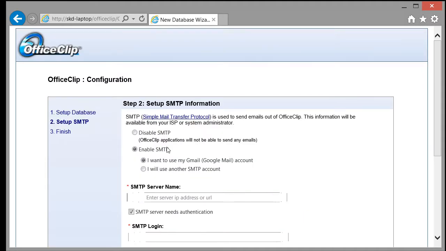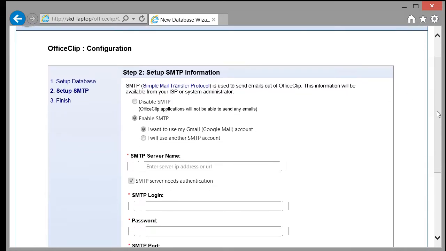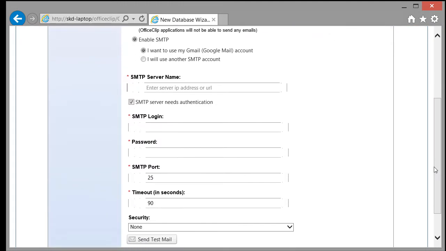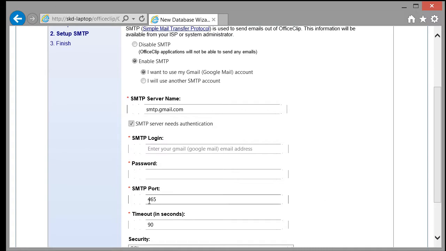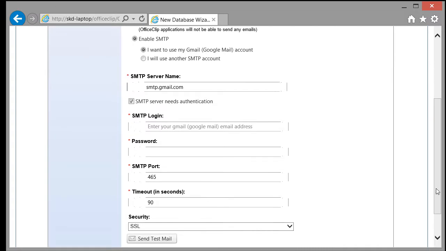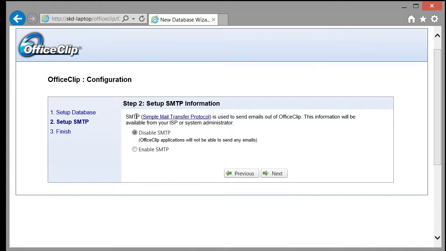Now it goes and sets up the SMTP. OfficeClip uses the SMTP, the simple mail transfer protocol, to send some emails out of OfficeClip. Say whenever you have created an event, whenever a timesheet is approved, or whenever a contact message comes in, things like that. So you can use your Gmail account, a test Gmail account you can create and use, and it just sets up some of the parameters here. Let me show you. If I click on Gmail account, it shows me the SMTP port and stuff like that. But for now I'm going to disable it,